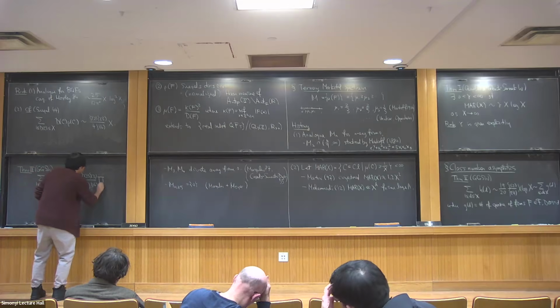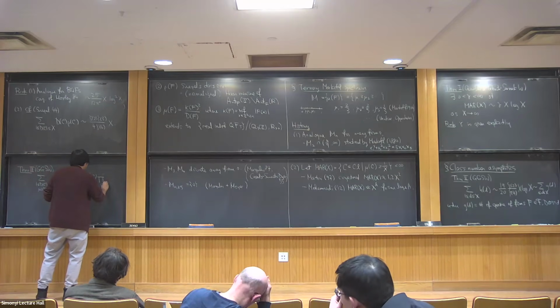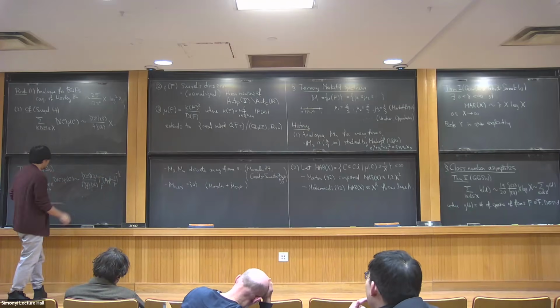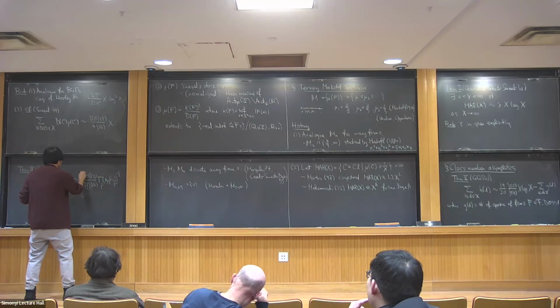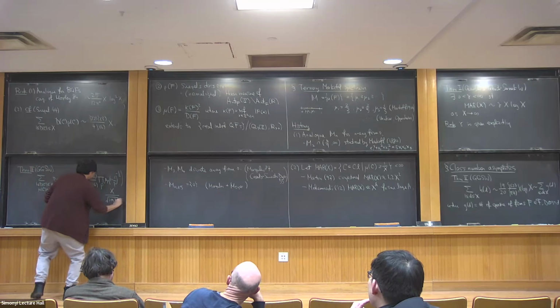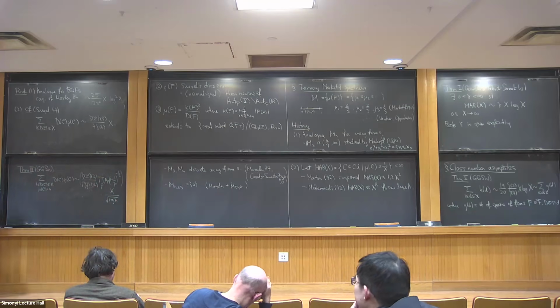So part of the product here, I'll write mu p times the normalizing factor 1 minus p to the minus 1/2. So this is the constant times the growth rate being x over the square root of log x, where this mu p